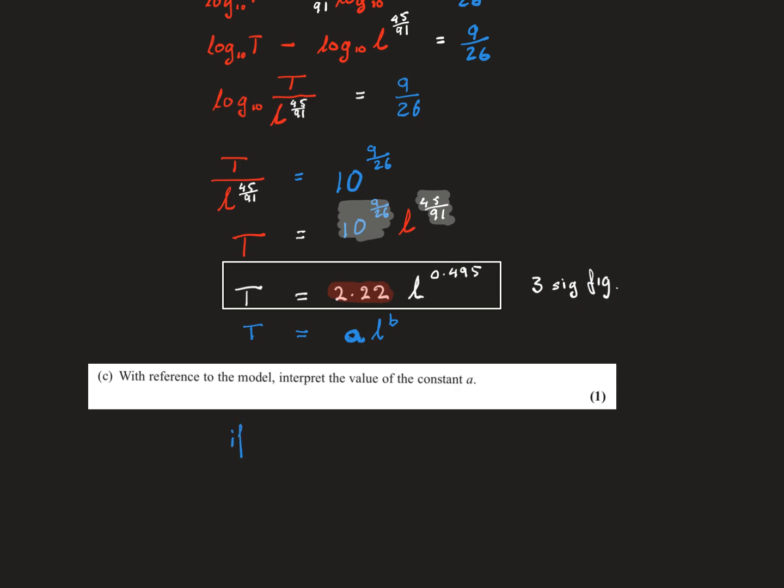So if L is equal to 1 meter, then 1 to the 0.495 is still 1, and therefore t is equal to 2.22. So what we want to say is that the time taken for one swing when the pendulum is 1 meter